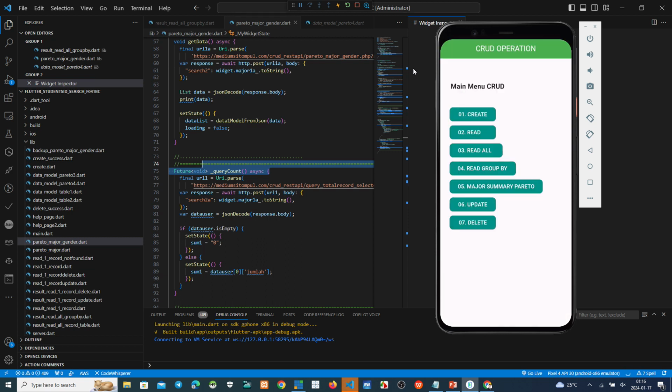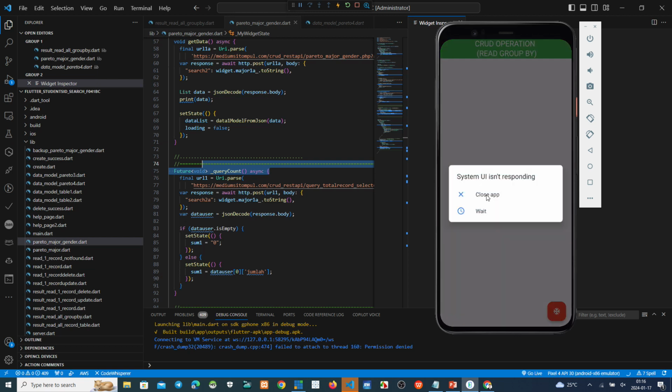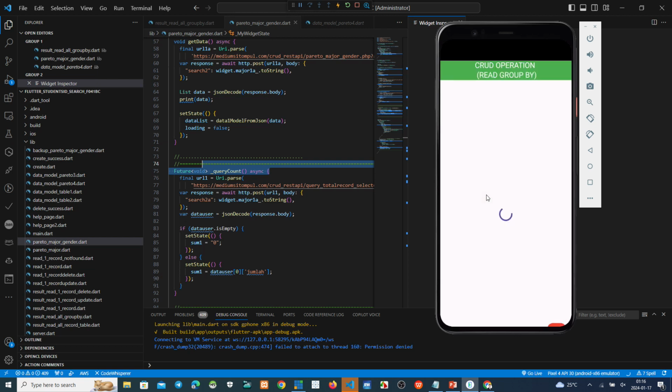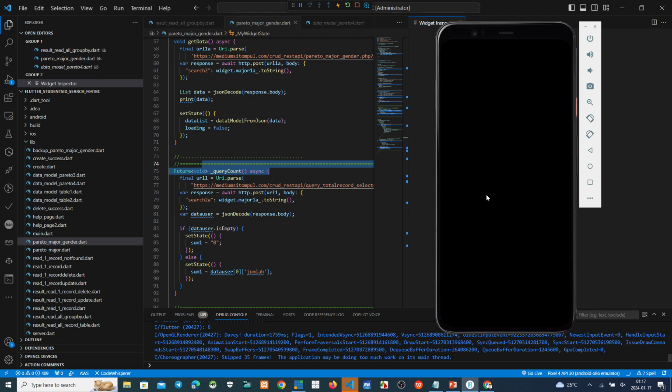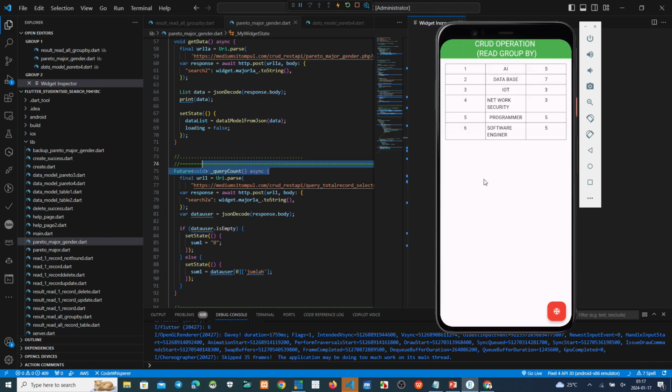Okay, we click again, read a group by to show the table. Click this one, programmer.